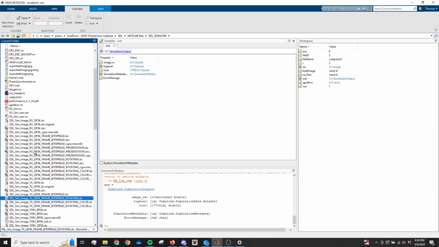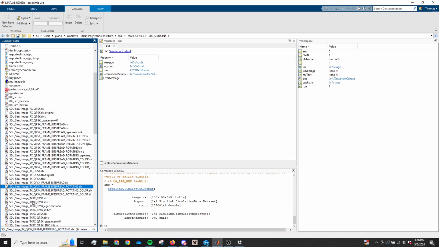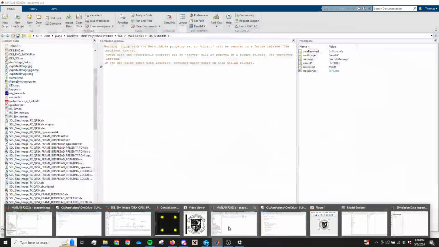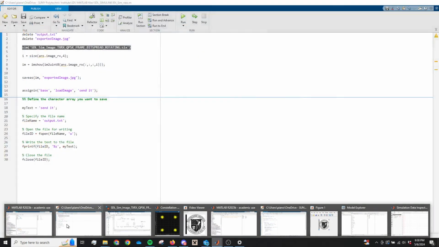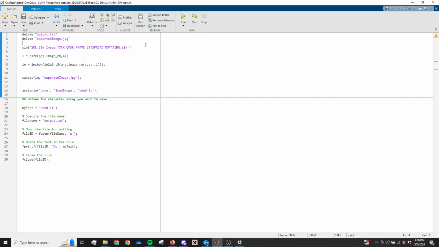The TX and RX pairs have the same exact names, just that one says TX, one says RX, and the one that has both is the self-injected, like I just showed you. So we have our name of the file in here,